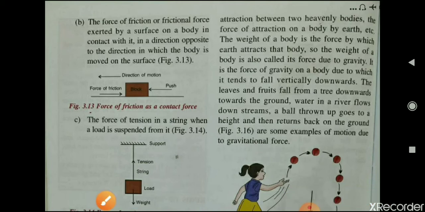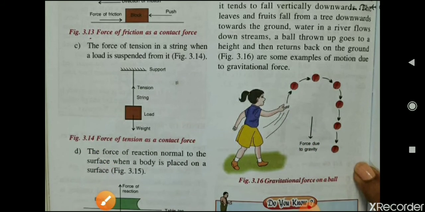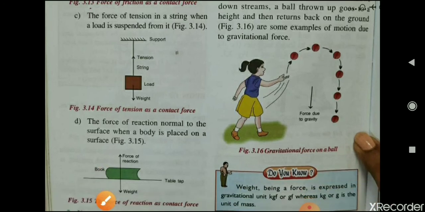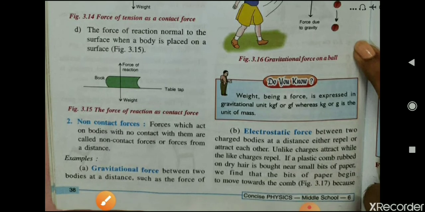Okay, so you can see in this picture also, when this ball is thrown by the girl, it will reach a certain height, and then after reaching a certain height it will fall towards the ground because of the force due to gravity that earth exerts on this ball. Okay, so this is the first example of non-contact force. Now second one is